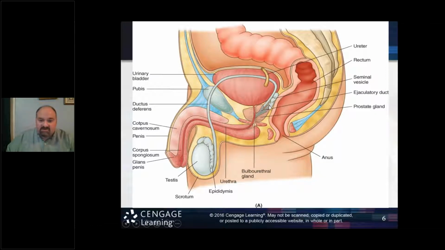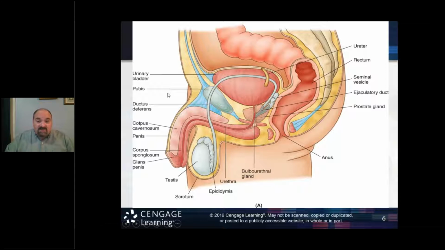So we have structures that are going to now contribute to the ejaculate, okay? So we have seminal vesicles, paired. We have the bulbourethral gland, which would be right here, and then we have here the prostate gland right there. So we have three structures here, here, and here that will contribute to the ejaculate and really help to maintain the sperm as far as via nutrition, and also maintaining an environment that will allow them to stay alive as long as possible in order to possibly have one of them reach the ovum in order to allow for fertilization